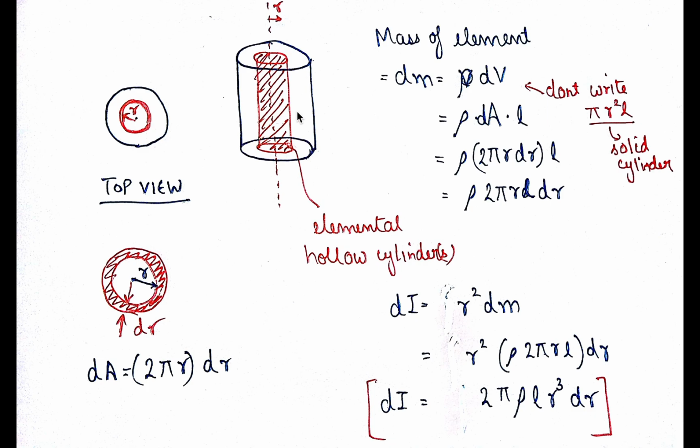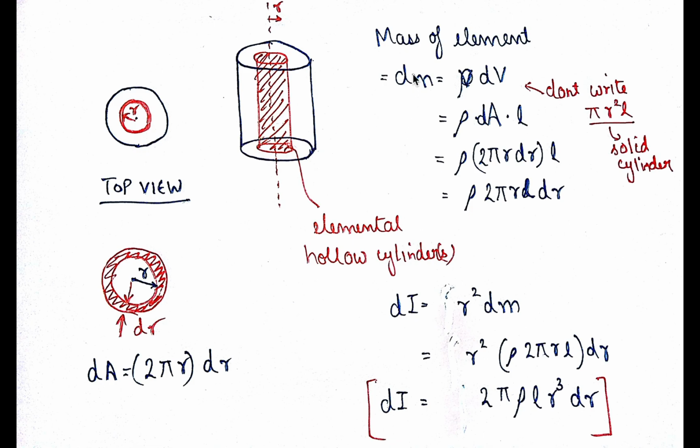Now, if we see it from the top view, first of all you have to take the element. Remember that this mass element is taken in such a way that it looks almost alike, or is symmetrical with, the original object. So here we will take the mass element as a hollow cylinder. You can see this is the hollow cylinder elemental view, and if you look at it from the top, you will see a ring, because this is a hollow cylinder, extending downward.